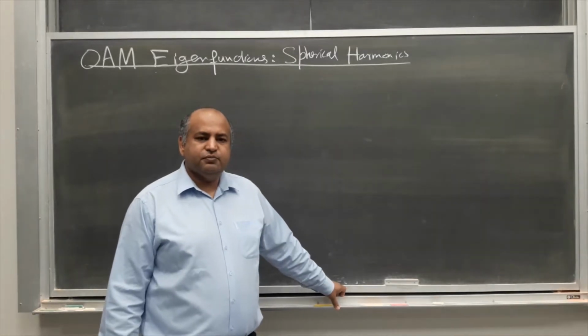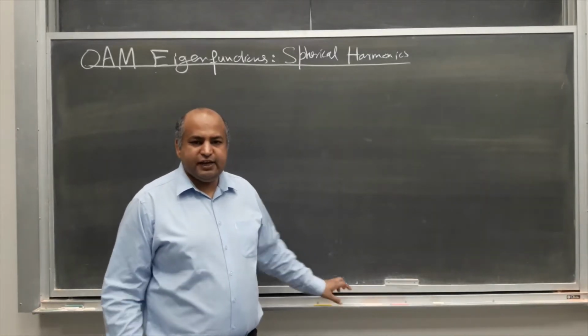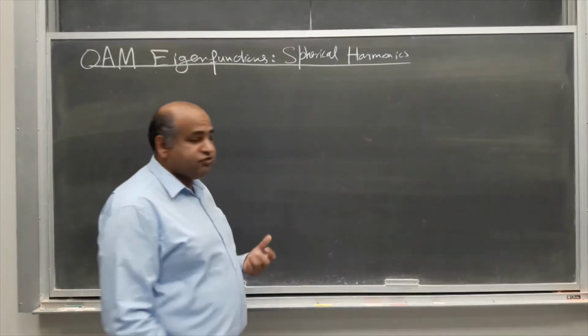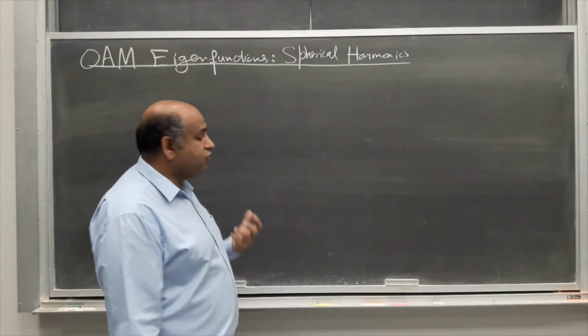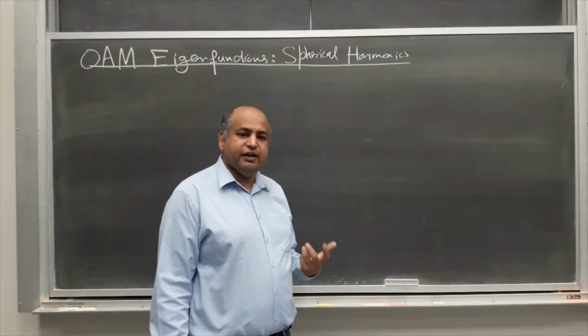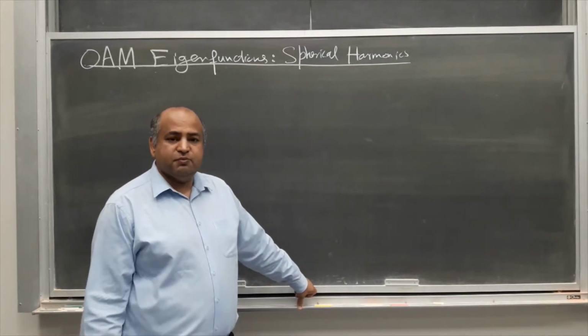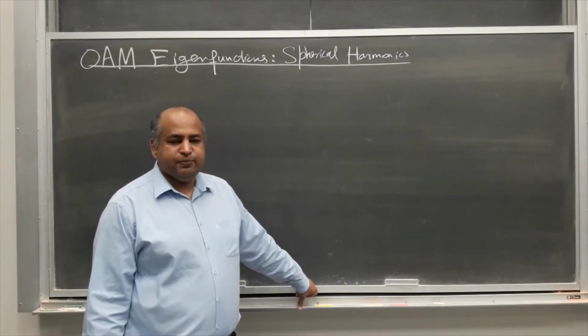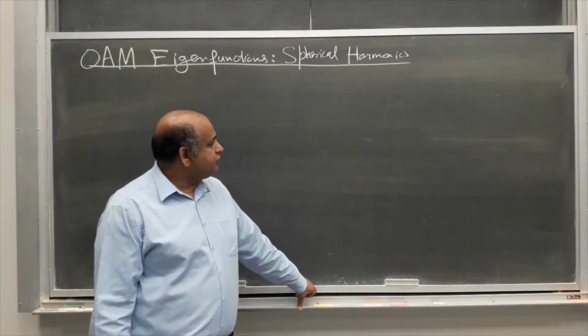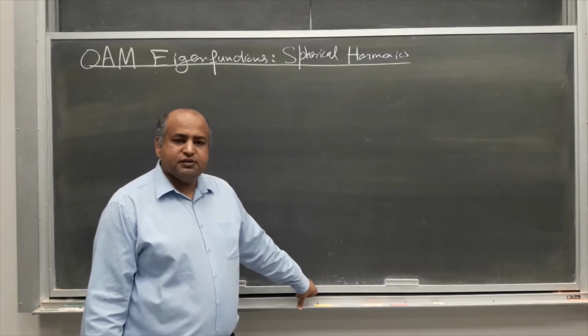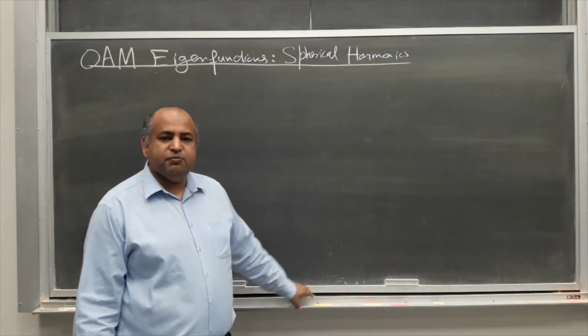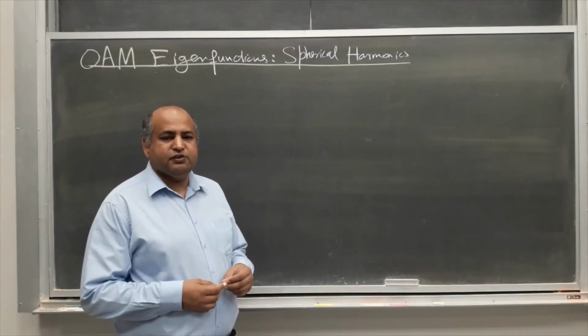In this video, I will develop the simultaneous eigenfunctions or eigenstates of orbital angular momentum operators L squared and Lz. These eigenfunctions are also called spherical harmonics, and we will see why. This lecture is the conclusion of the last several lectures that we have been building up for this one, where